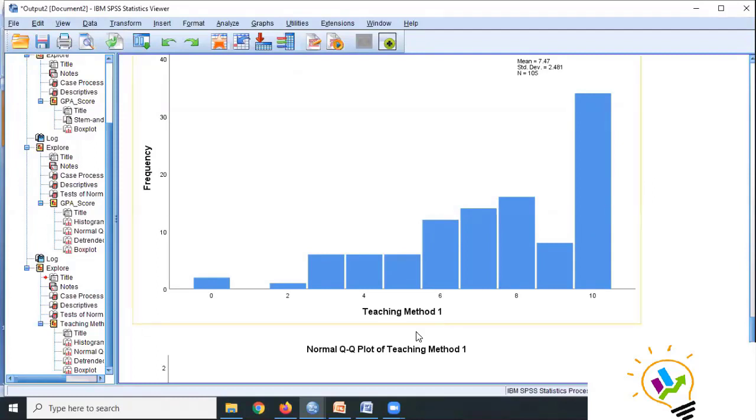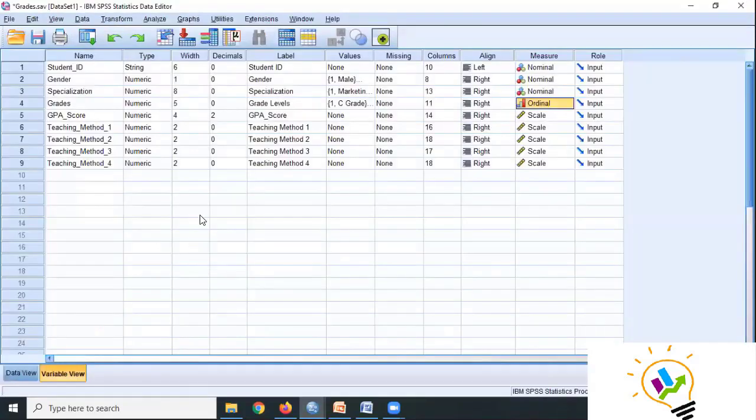So these are the important things when we enter into SPSS. We need to check what is the type of data, what is the measurement type, and this normal distribution check should be done only for scale data. We must not do this normality check for ordinal data and nominal data. What is the benefit of checking whether data is normally distributed or not? If the data is normally distributed, then we can use parametric tests. If the data is not normally distributed, then we must use non-parametric methods. Fine, madam? Yes, sir.